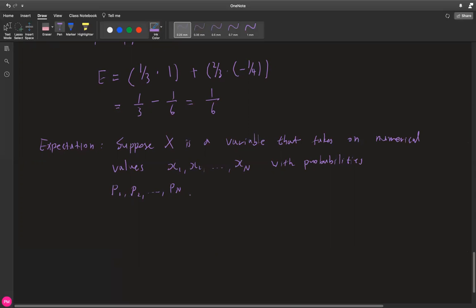And obviously, since it's a probability, if you add all the probabilities, the probability assignments would add up to be 1. And then the expectation is given as P1 multiplied by X1 plus P2 multiplied by X2 plus ... all the way down to Pn multiplied by Xn. So you're simply multiplying the respective probability for each numerical assignment. And that's all it is.